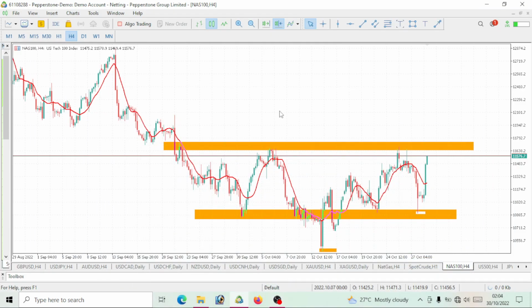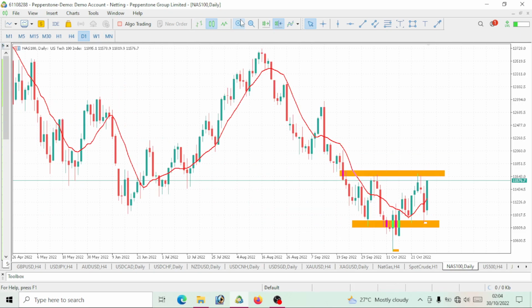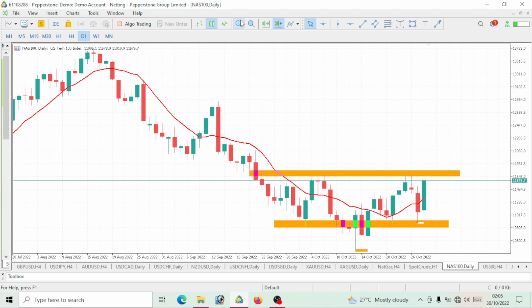So guys, welcome back. Let's do a quick analysis on the Nasdaq 100. We want to see where this price will be moving for the next day, which is Monday,